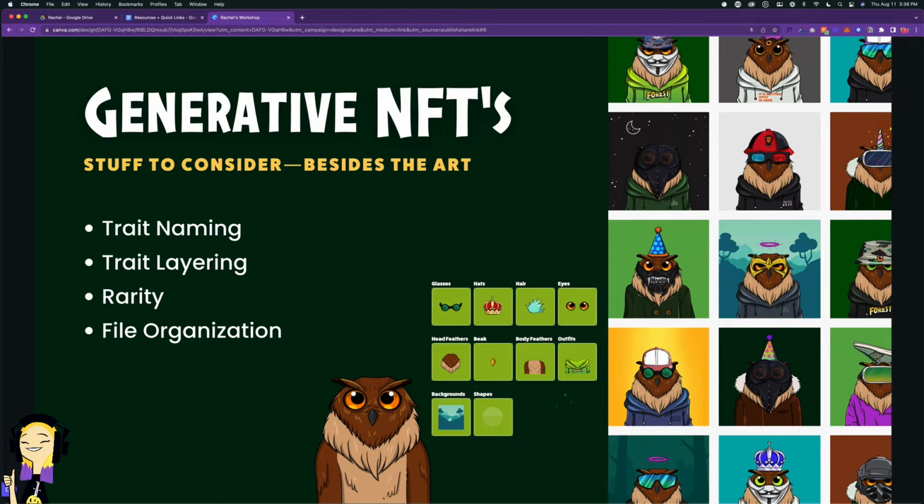Then the next hurdle that we had to overcome was the layering of the traits. Obviously if you're in a Photoshop file, you can pick and choose what layers should be on, make a nice cute little Noctua. But once we're trying to automate this process and generate these NFTs automatically, a lot of weird combinations come out where things are layered on top of each other and they look a little funky and not really how they're supposed to be. So that's where Bueno came in, and we were able to set rules for those layers